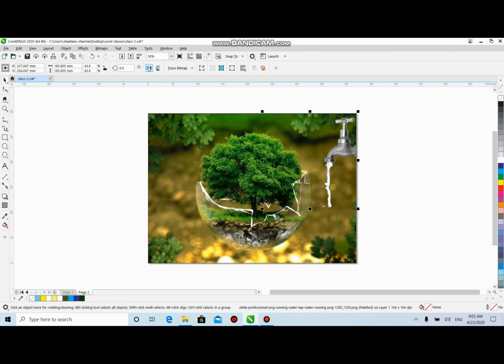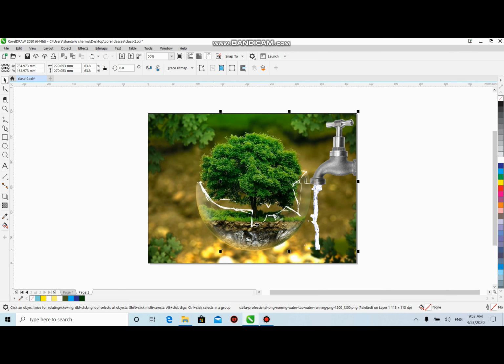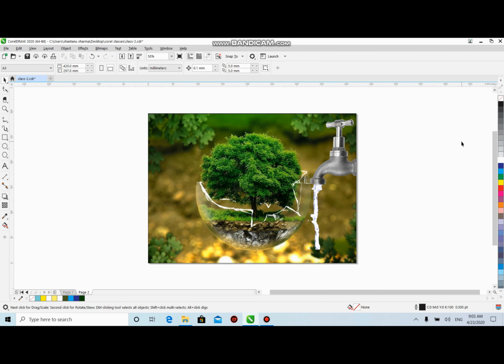so that I can easily flip this tab. I can change the position. I can enlarge it again and again, whatever the requirement is. So I'll just click on the tab, click and drag. This is how I did before. So this is ready. Now we need to type some text.